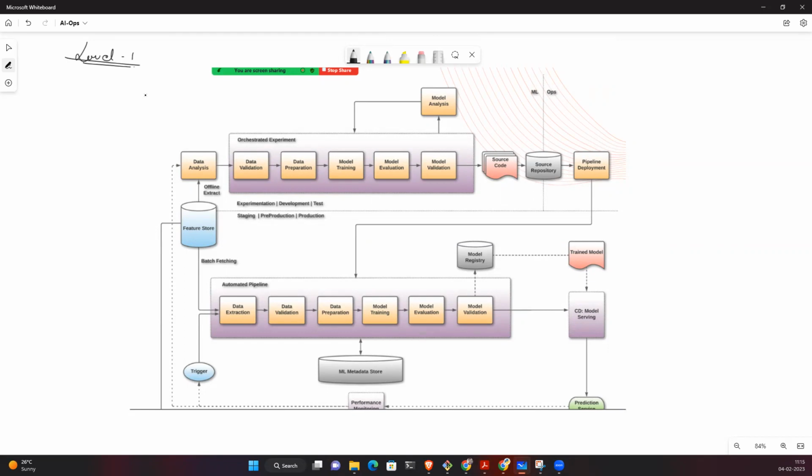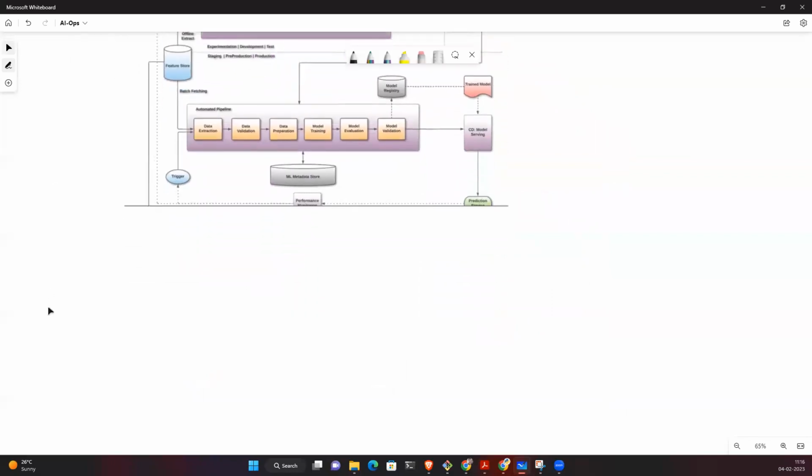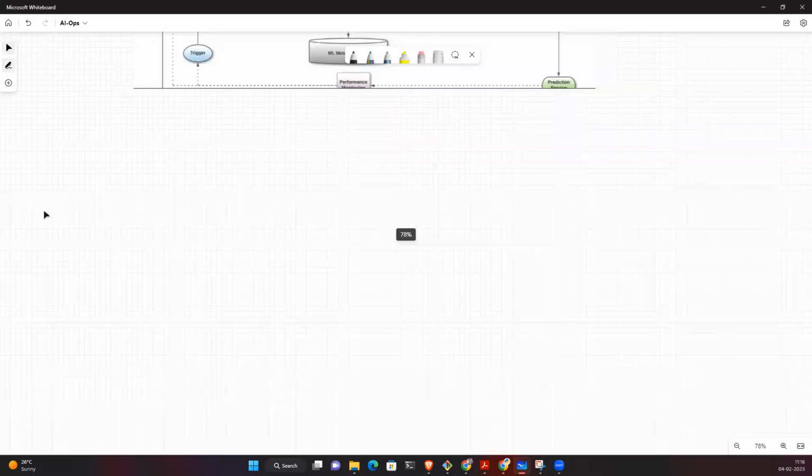In level 0, we missed a few things, meaning we had a few drawbacks. So first, let's understand how we can overcome the level 0 problems. See, number one problem was